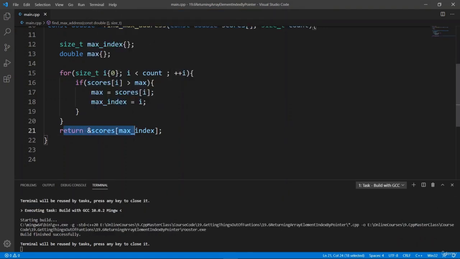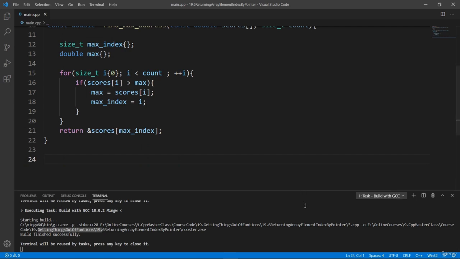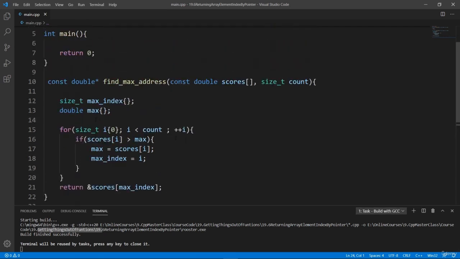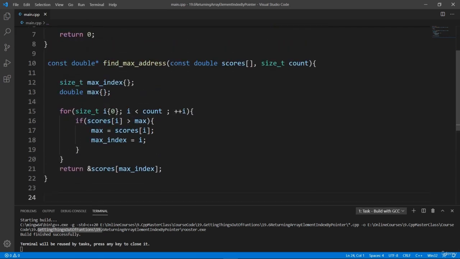And now you see that it is happy and the build is good. Now that the function is compiling, we're going to look at how it works. We are going to set up an index which is going to store the return value. In the body of the function, we're going to set up a variable which is going to store the index